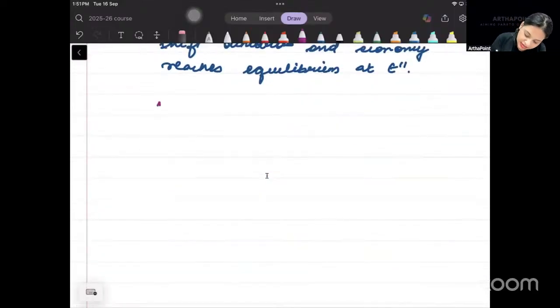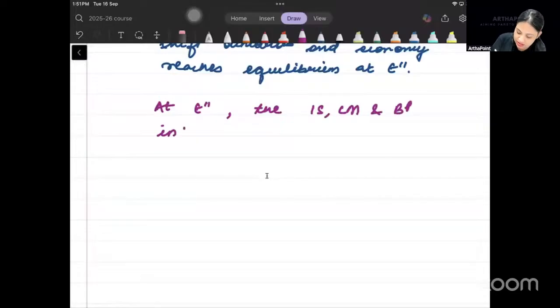So we can say that at E double dash, the IS, LM and BP intersect,